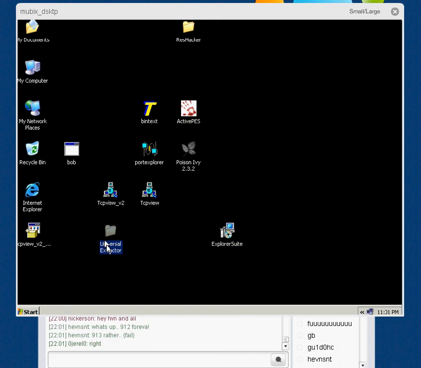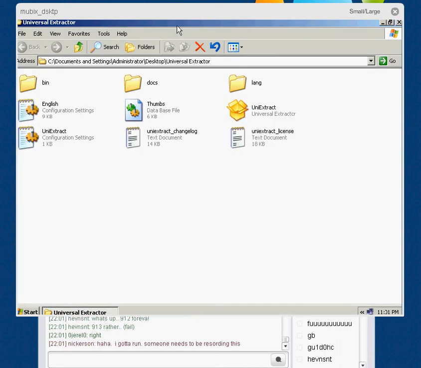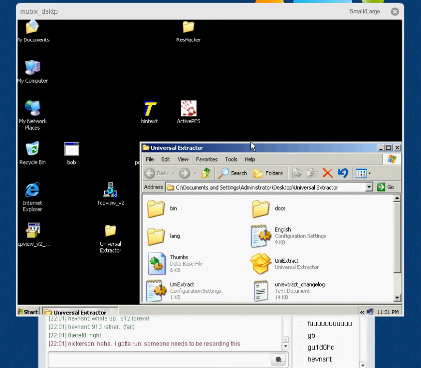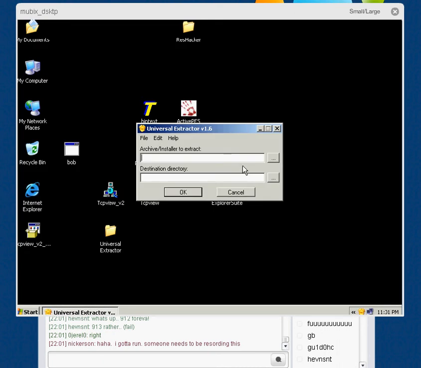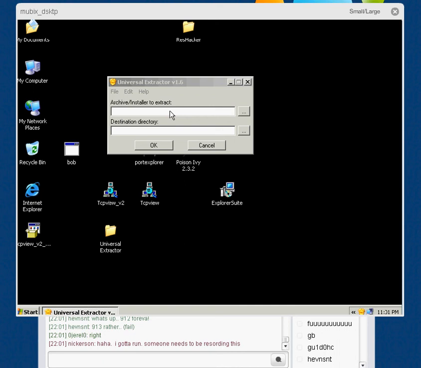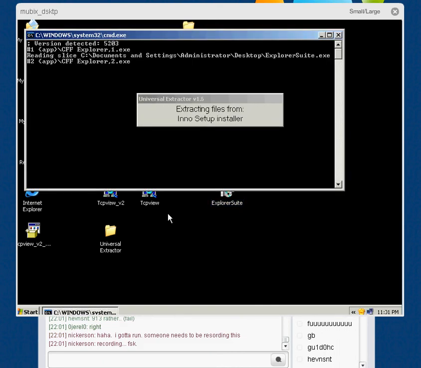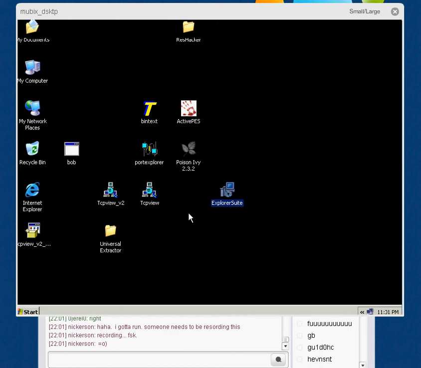That's why Universal Extractor comes in. Explorer Suite is a great tool, but you have to install it. So you run Universal Extractor, bada bing, bada boom. It creates